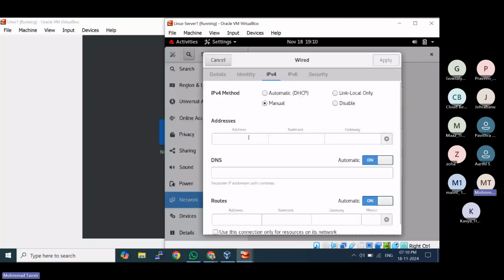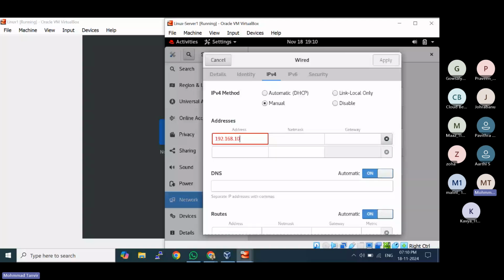So we have seen we can use any class C IP address. So I'm giving, suppose, 180.11 for this computer. It is of class C. 255.255.255.0 is the subnet mask. Default gateway is basically the IP address of the router or the gateway device in our network. It can be a router, a layer 3 switch, a firewall, or even a load balancer. That gateway we need to define here. DNS is not required here. So just apply,